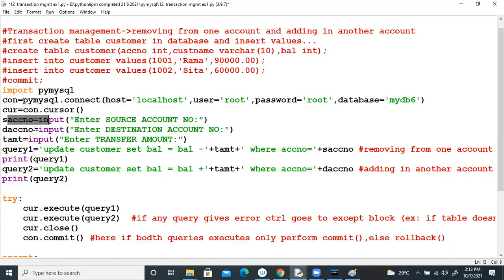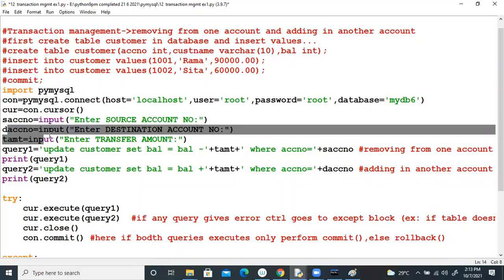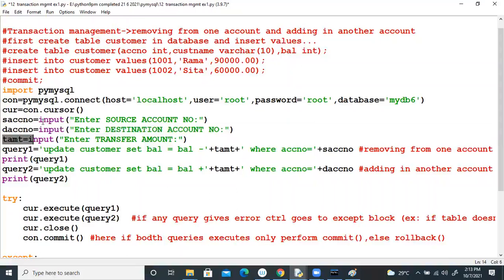So source account number is string type, destination account number is string type, and transfer amount is also string type. I didn't typecast with int. I want string type only. Why am I taking a string? Because,